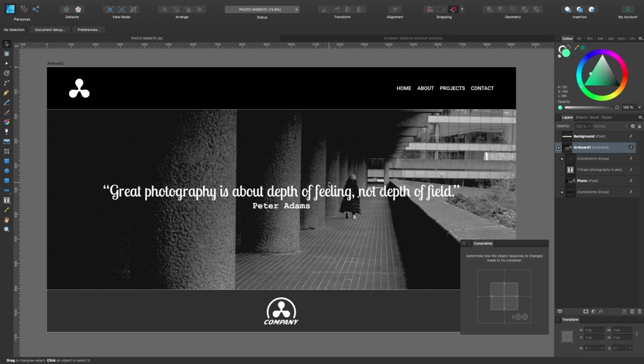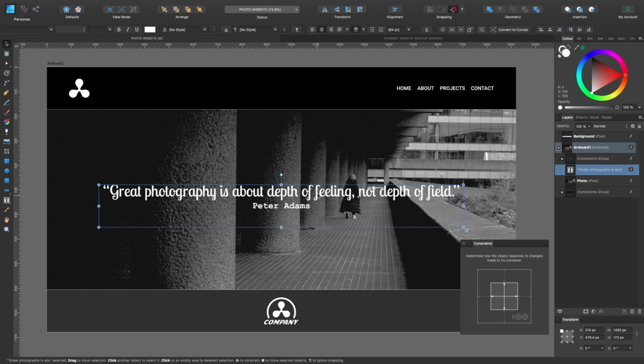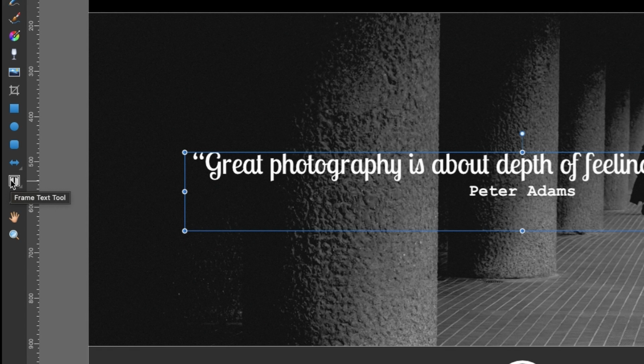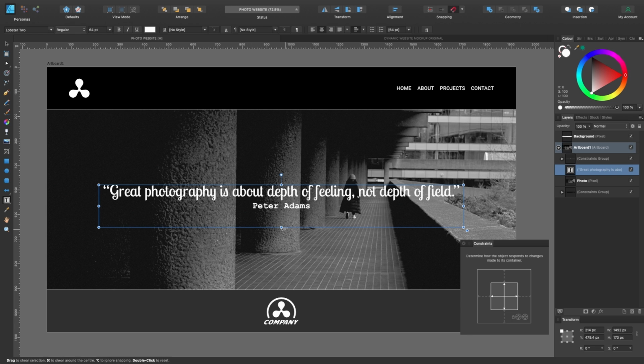Excellent. Moving on to this text here, you can see that there's this blue box around it, and I actually created this using the frame text tool. If you long press on that, you can either use the artistic text tool or the frame text tool. That frame basically allows me to create this frame around it. So if I ever wanted to resize after typing in there, see, it will resize like that. So I've got that one selected.